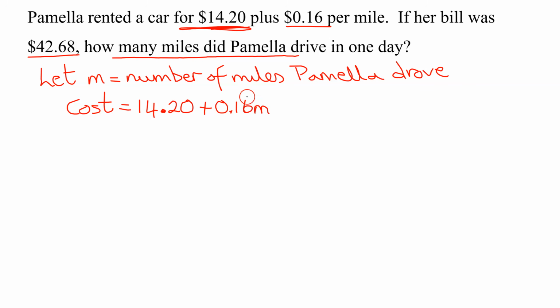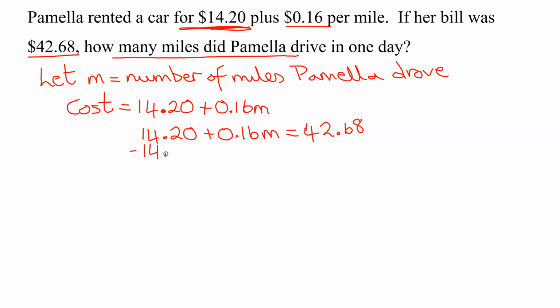And what does this have to equal? Her total bill. So $14.20 plus 0.16 M has to equal the total bill of $42.68. So there is my linear equation, and I need to get M all by itself on the left-hand side, so